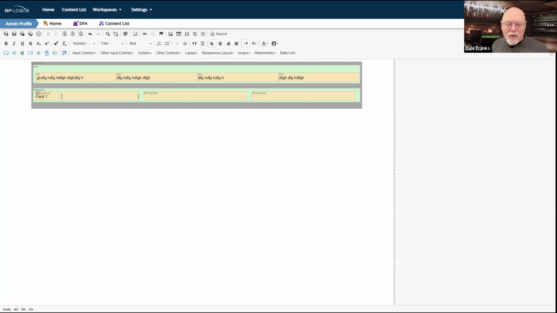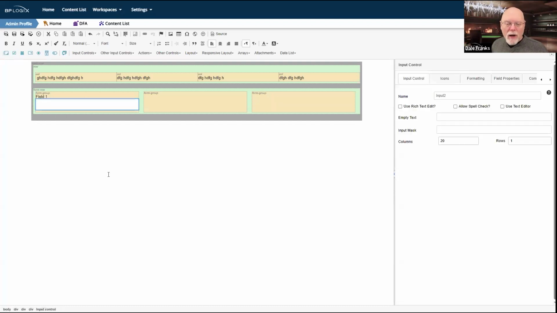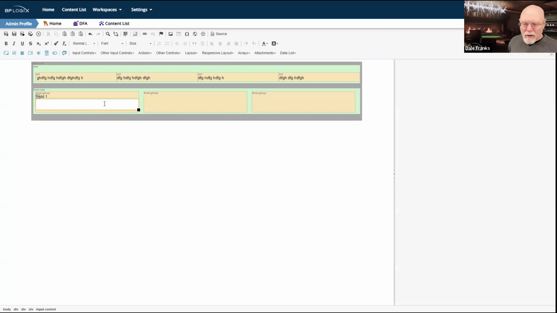So I've put that control in there, and now I'm going to insert just a regular old text box. And I want you to notice what has happened here. First of all, it's a big honking text box. There's some things about Bootstrap that I'm not super keen on. One of them is the enormous size of the controls that they want to display for data entry.